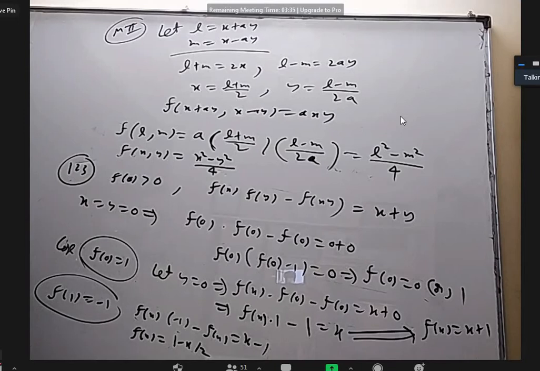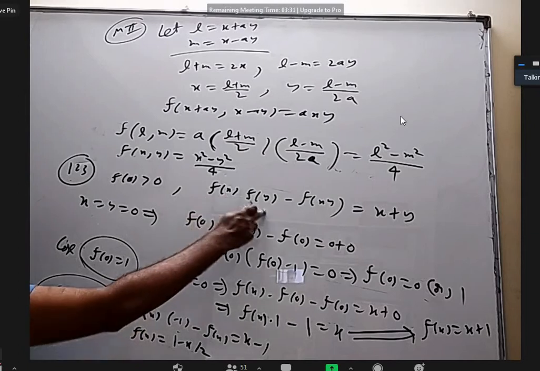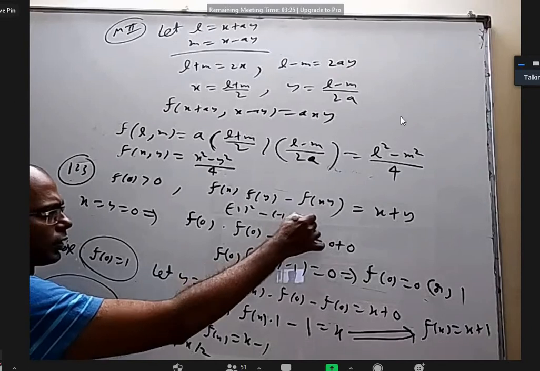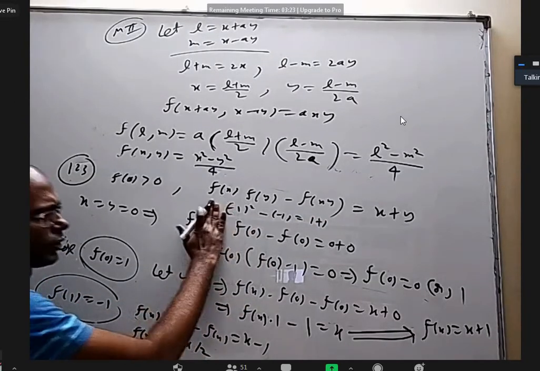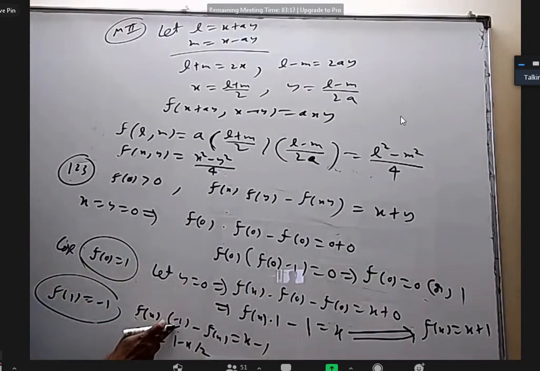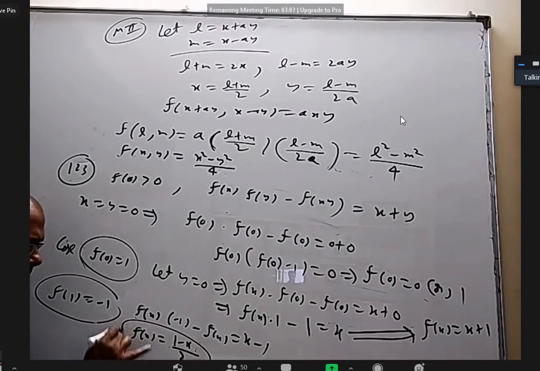What are the options I got earlier? F of 1 is 2 or minus 1, correct. If I put both 1, this is minus 1 whole square, that is only 1, that is 1 plus 1, this is 1 plus 1. Everything is fine. And in the case of f of 1 is minus 1, I kept only y equal to 1. Then I got minus f of x minus f of x, minus 2 f of x, that is (1 minus x) by 2. What is f of 0 here? 1 by 2. But earlier I did not get f of 0 as 1 by 2. So it is violating something.